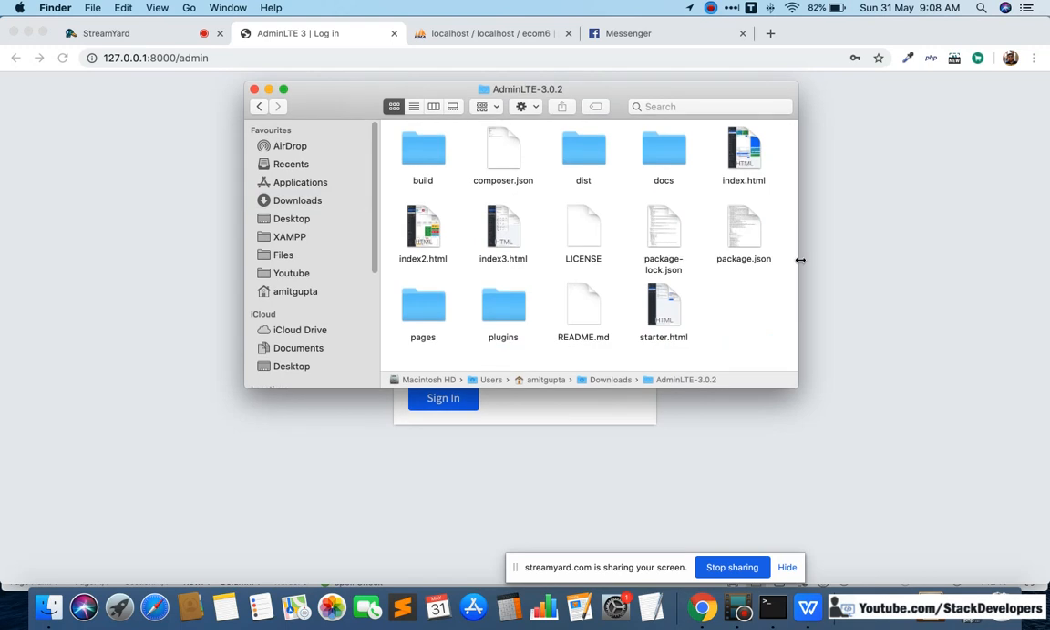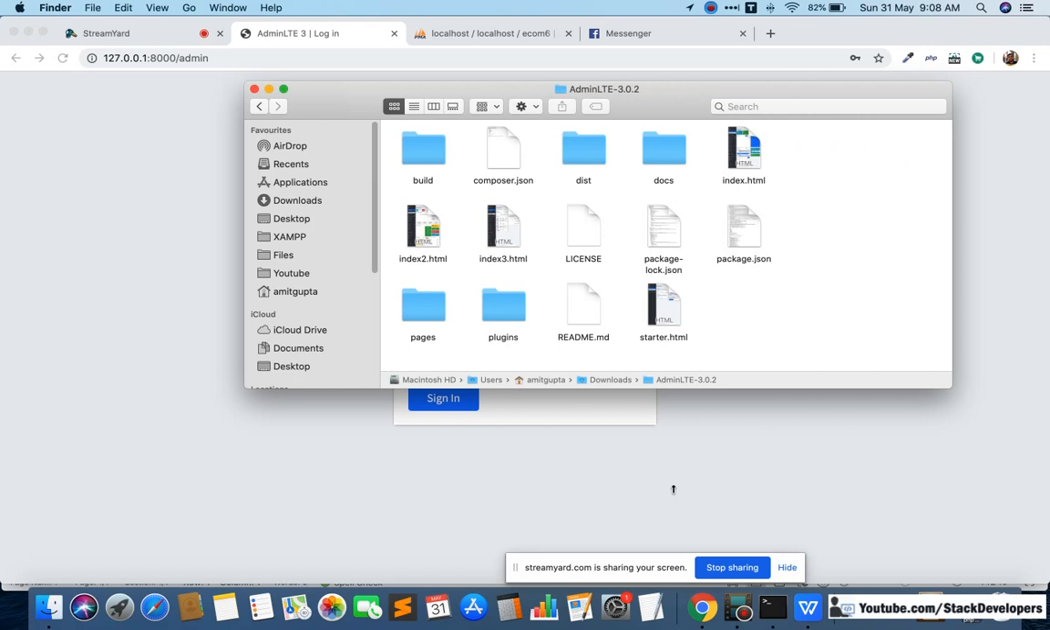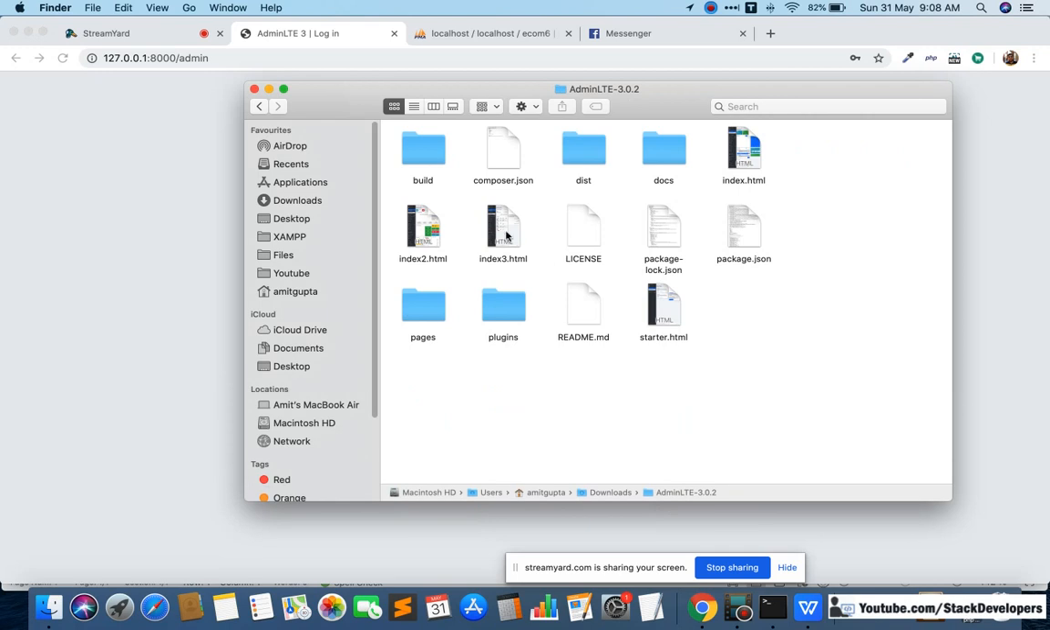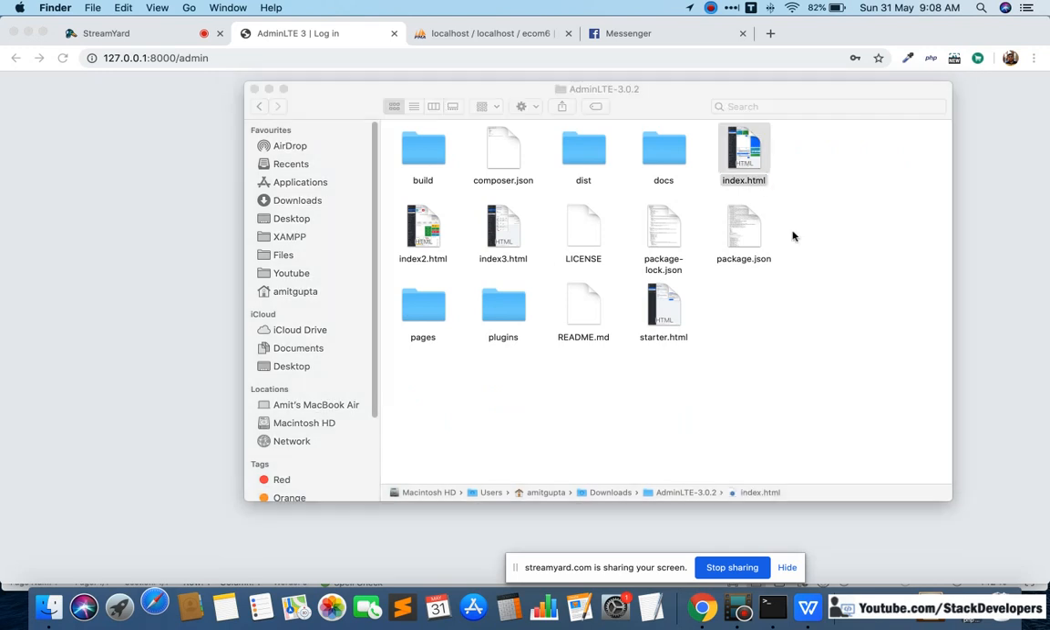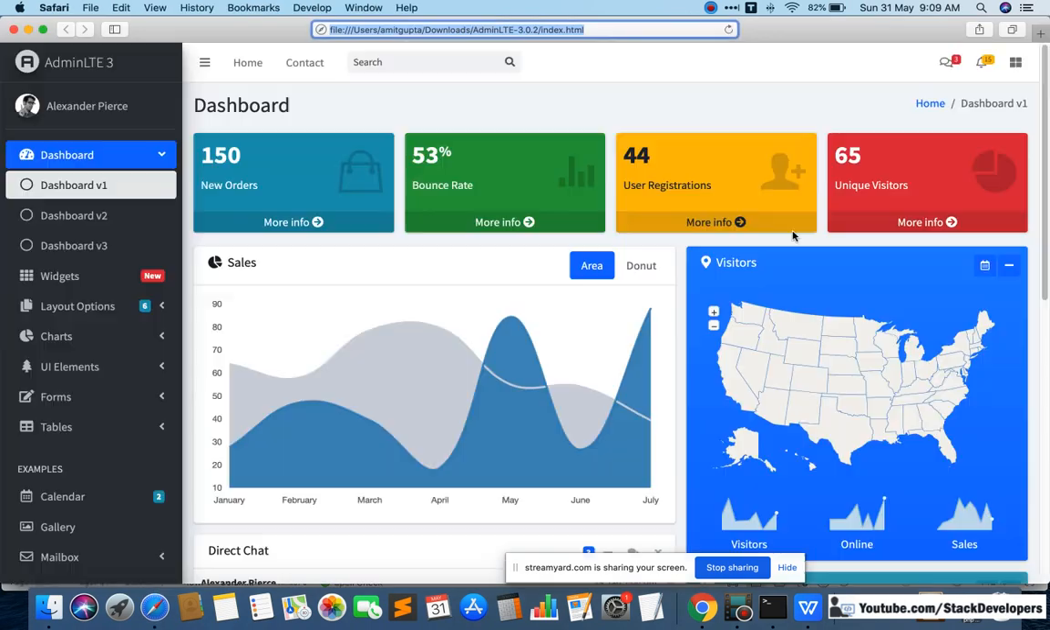You can see it on my screen as well. Everything will be clear to you. We have taken one of the best admin panels available online. It is a responsive admin panel, and you can use it for other websites as well. If you want to make any other website, you can take this admin panel, and the first 15 videos of the e-commerce series